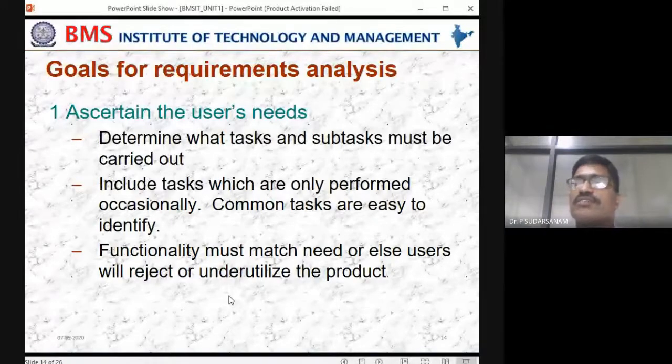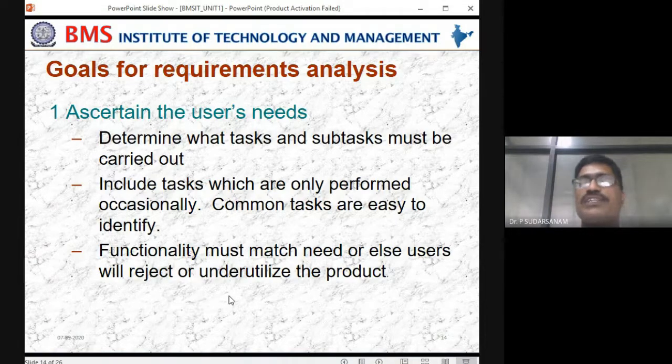So both ways should be working. What the organizer has to do, what the listener has to do, all these things they should tell clearly. Then only the communication will happen. So they should give every product very clear information, and the task and subtask must be carried out.